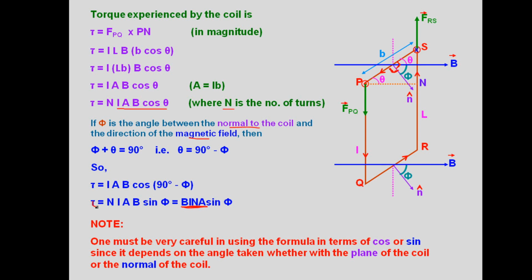So this is very important while applying the formula, in terms of cos or sin. Whatever the angle is given, according to that we have to use the formula. It will be either BINA sin phi or BINA cos theta. Theta is used when the angle between the magnetic field and the plane of the coil is given, and BINA sin phi is used when the angle between the magnetic field and the normal to the plane of the coil is given. So moving to the next topic,